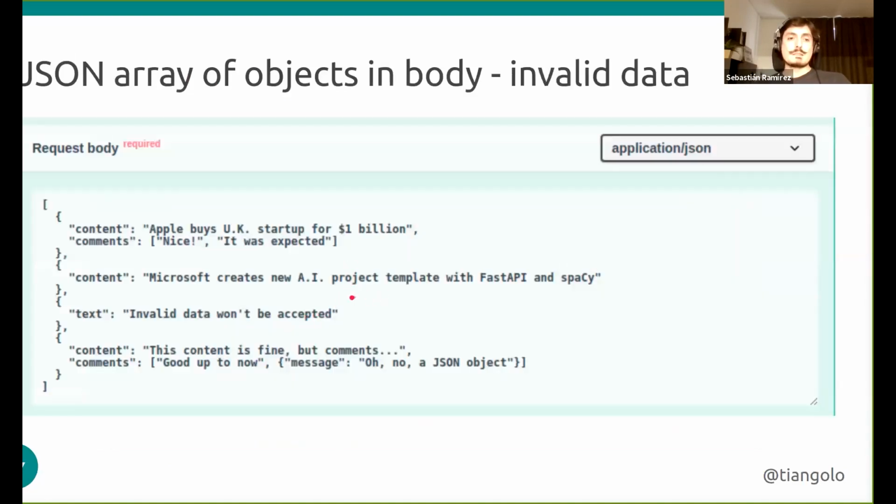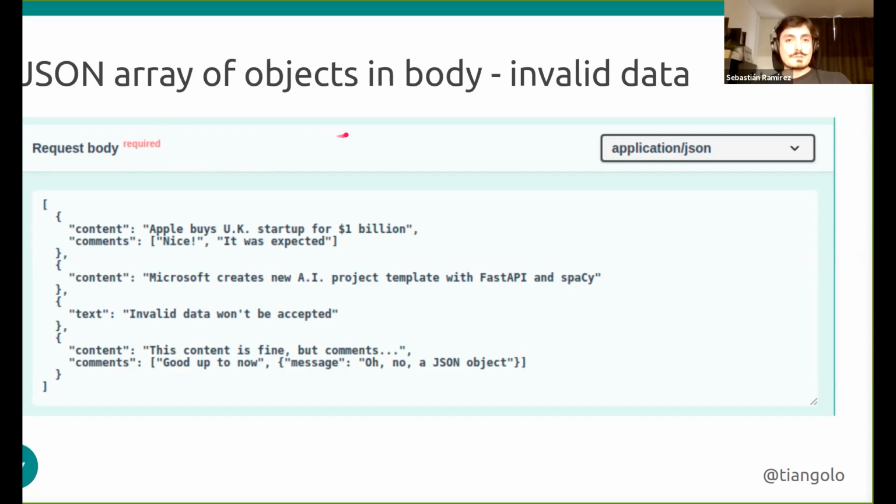Now, what happens if we send invalid data? Up to now, we have seen that FastAPI uses these standard type annotations. Because you are using standard Python type annotations, independent of FastAPI or anything, by default you will get autocompletion in your editor, and you will get type checks. We're going to see a little bit more about that in a second. And FastAPI is using those standard type annotations to generate documentation for you. This documentation is actually provided by Swagger UI, which is a third-party user interface library, which uses OpenAPI, which is the standard that we talk about. So this is all based on standards.